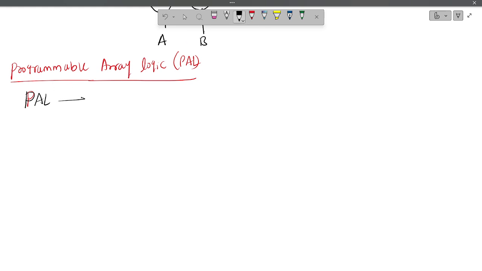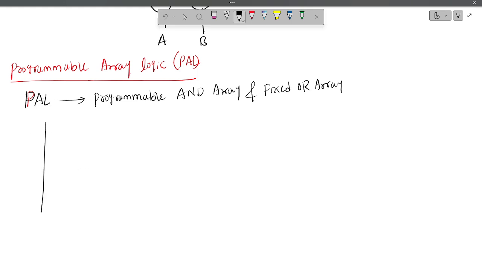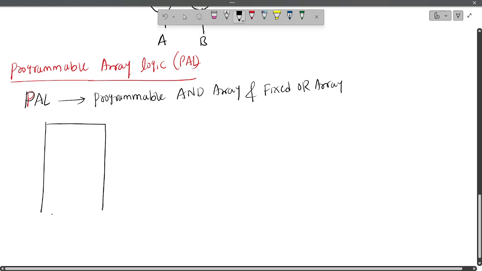PAL has a programmable AND array and a fixed OR array. That means we can generate only the required product terms in the Boolean expression. So if you draw the logic block diagram, you have a programmable AND array,